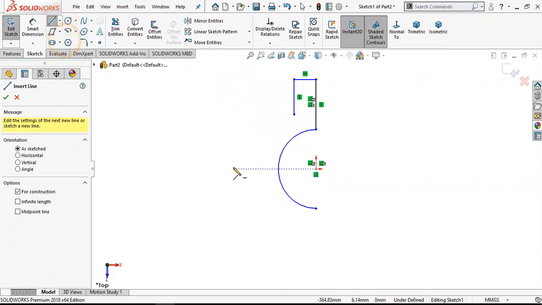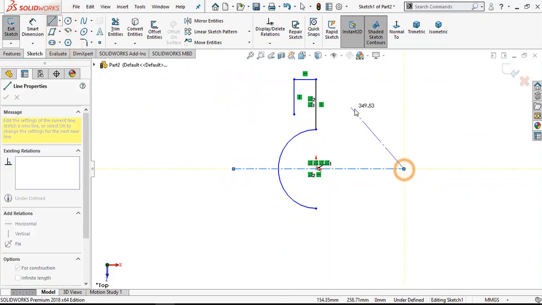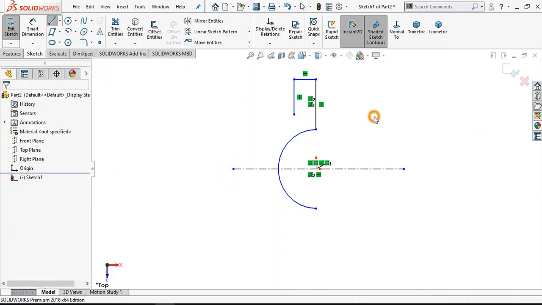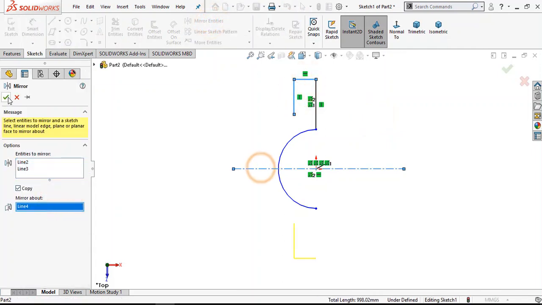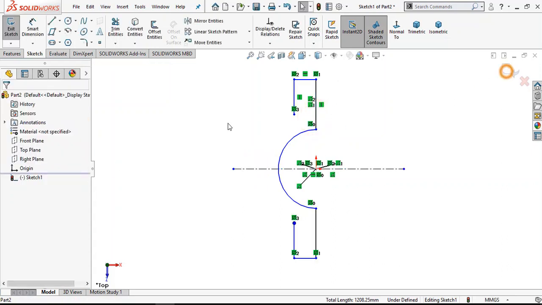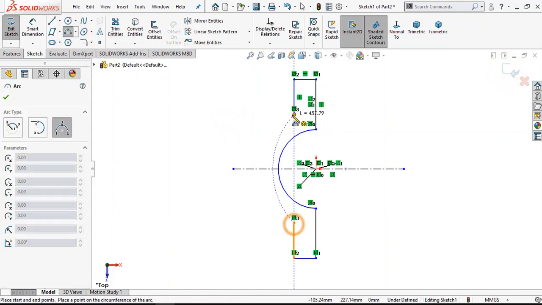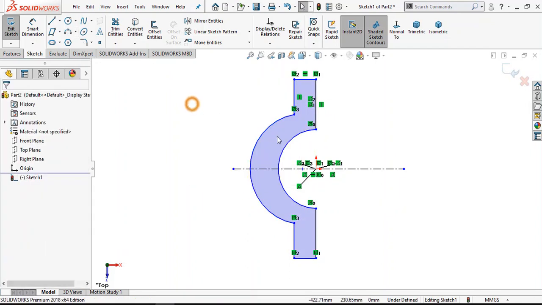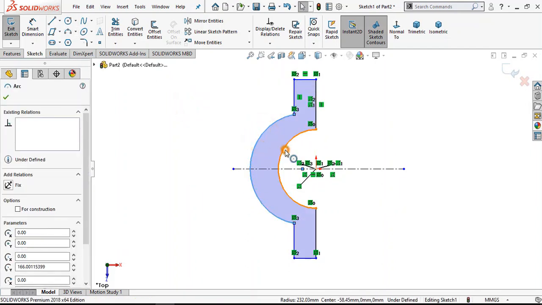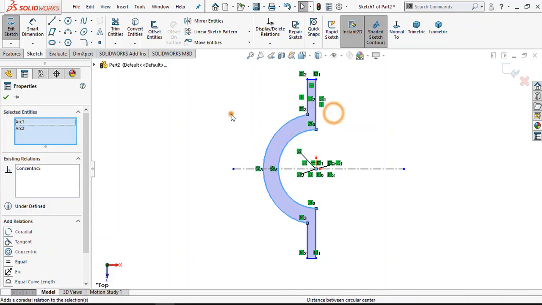Create a center line from the origin. Right click and exit. Copy these lines against the center line. Now select 3-point arc and join these lines. Now select this arc and this arc. Make concentric.